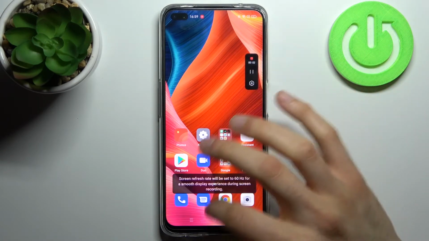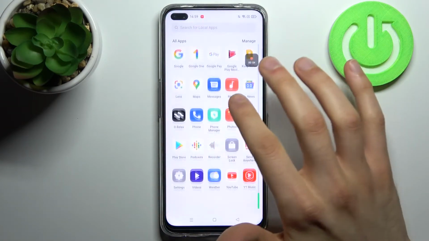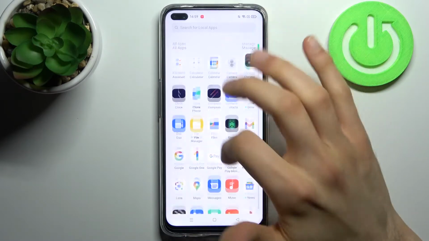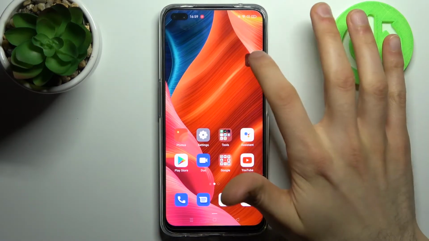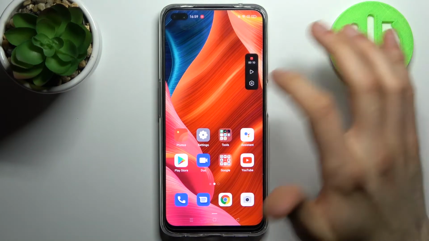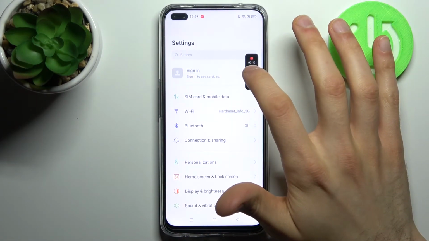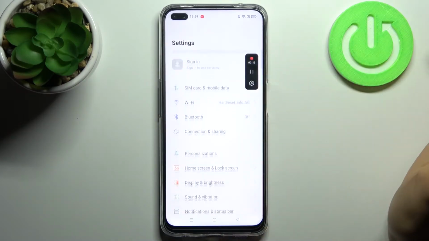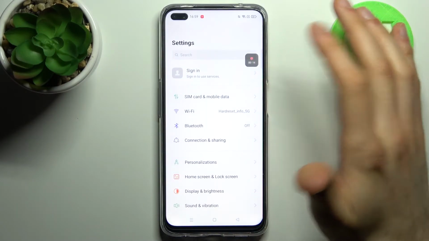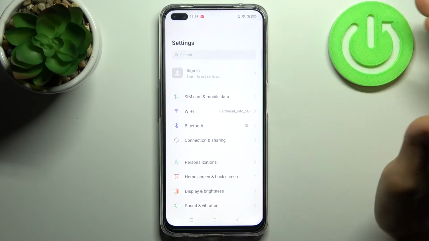After that, recording starts. Let's record some of our screen. So if you want to pause recording, you can tap on this button here. Then you can play it again by tapping this button here once again, and to stop recording, tap on this red button,